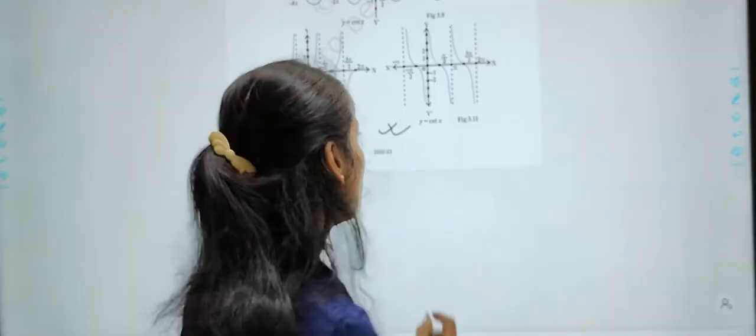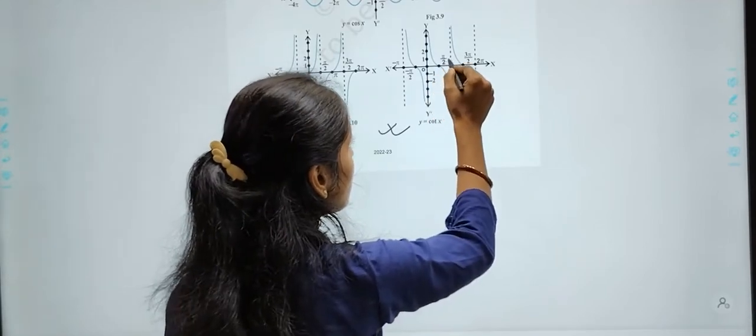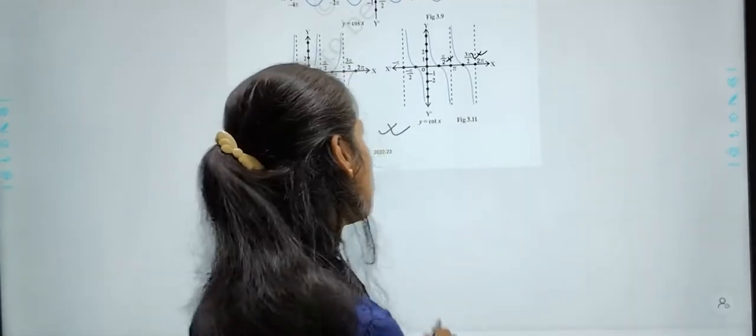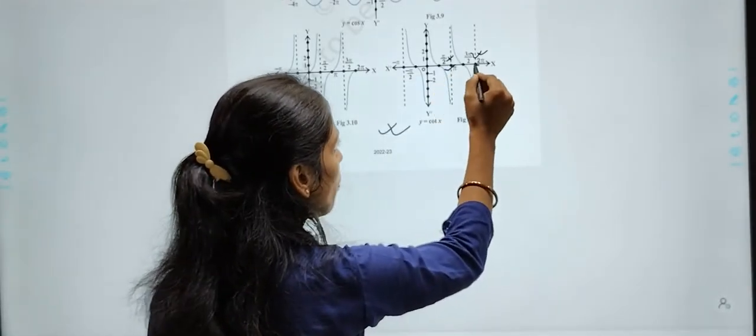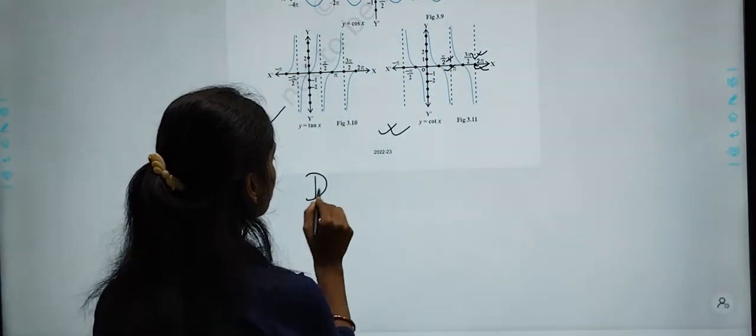That's why the domain and range will also change. The domain: you can see that at every pi by 2 it is getting a graph, it is getting a point in the domain, whereas at n pi, meaning pi, 2 pi, it is not getting a value. That's why the domain